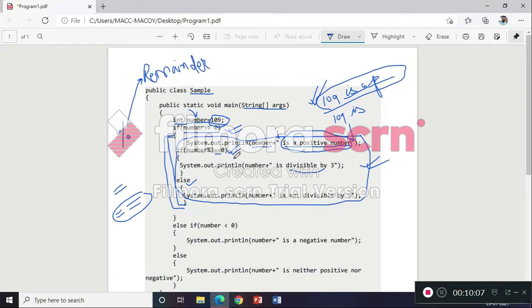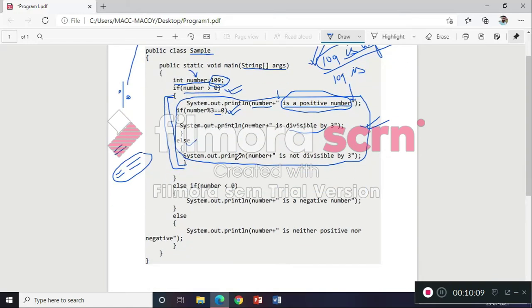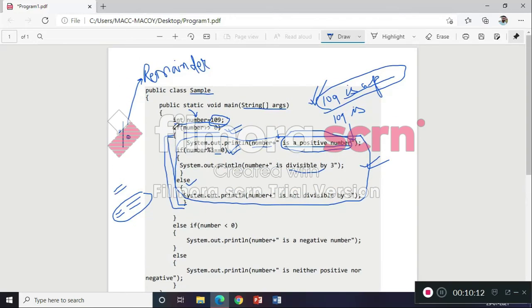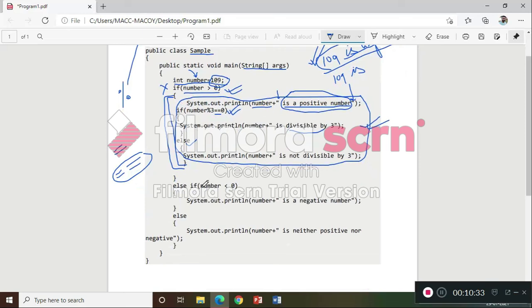I hope you all have understood this program. See, this is the very first part. If number happens to be greater than 0, then this whole thing will be executed. In this whole thing, again if and else is there. If this condition doesn't satisfy, if this condition comes to be false, that means if 109 is less than 0, then this part will execute, only if this condition satisfies.